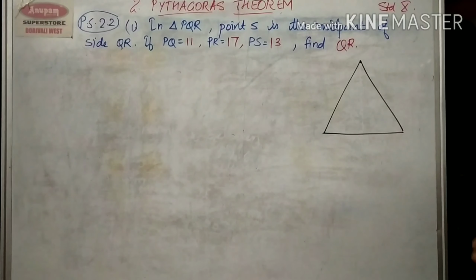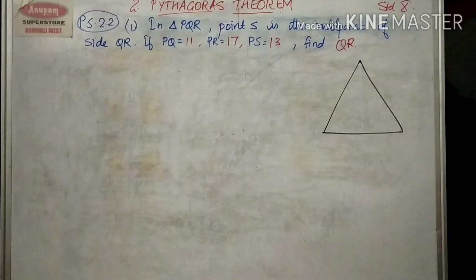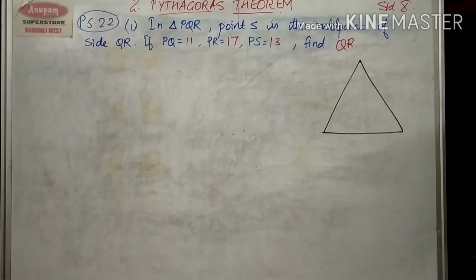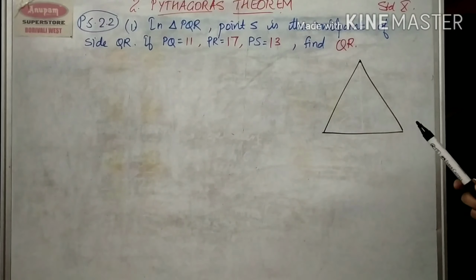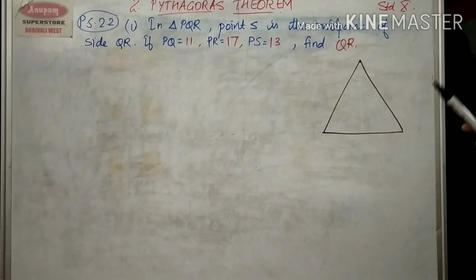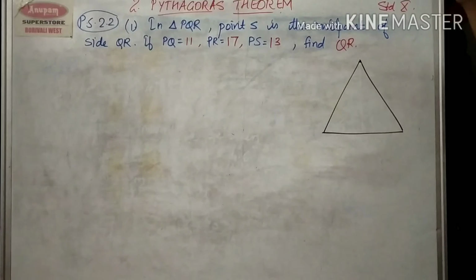So let us start with the first exercise, 2.2 exercise of Pythagoras theorem. Now, in this question, there is no figure given to us, but a certain information is given to us. So looking at that, we are going to draw the figure. So in triangle PQR, so this is the triangle, and I name it as triangle